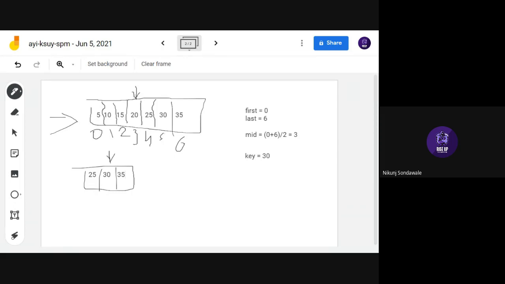And now we have to start with the iterations. First of all, we'll add a while condition, which checks whether first is less than or equal to last. That means the first element and the last element are overlapping or not. We need to check this.